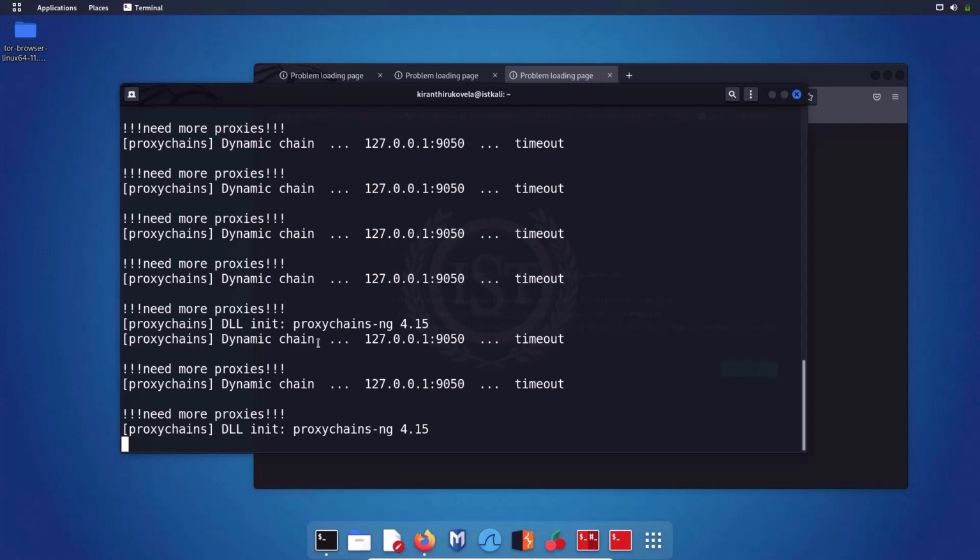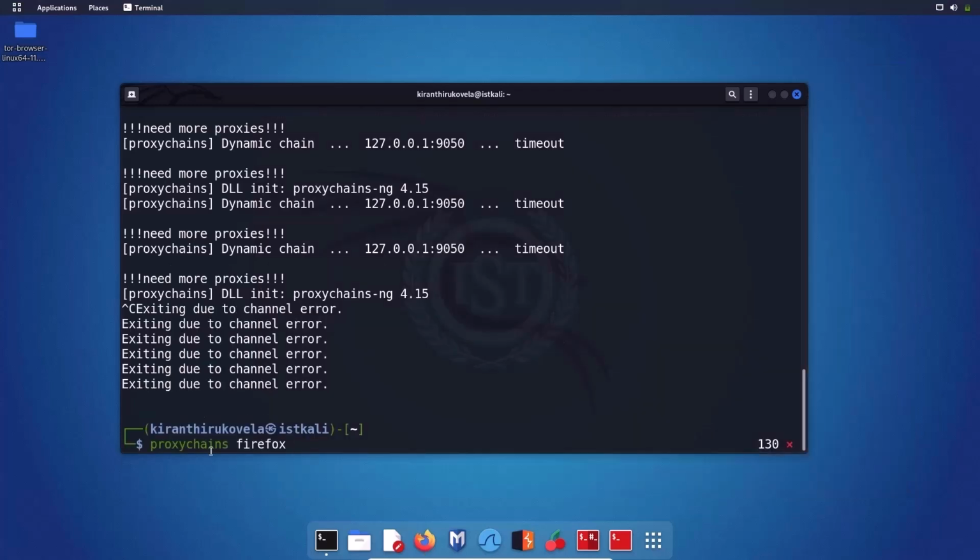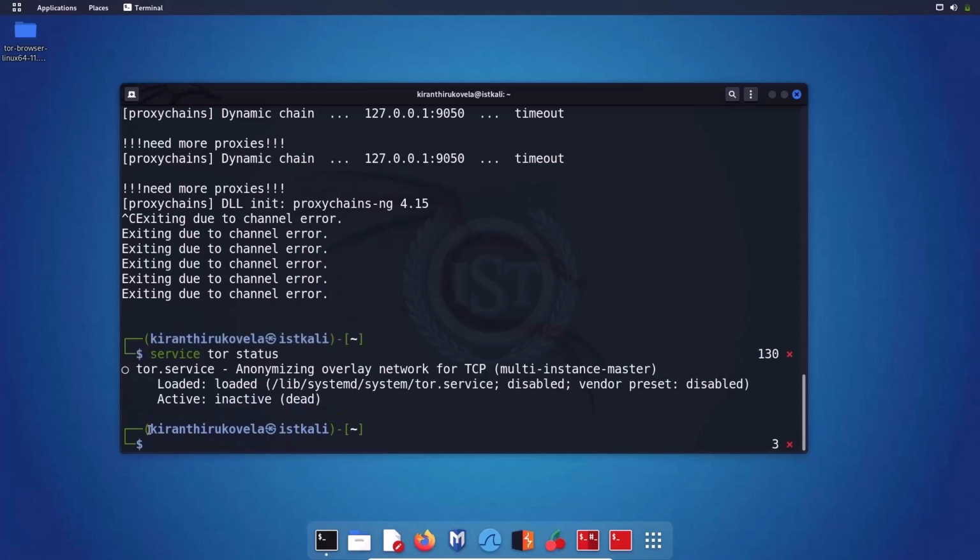Simple answer. Let me close this. As you can see, I am using the proxy chains application in order to open Firefox, which is a browser, and under default settings, the proxy chain application will use the Tor network. However, the Tor service should be up and running. So how will you check whether your Tor service is running or not? The command is service tor status. Let me check if the Tor network is up and running. As you can see, it is inactive and dead. So that was the reason we were unable to connect to any website on the internet.